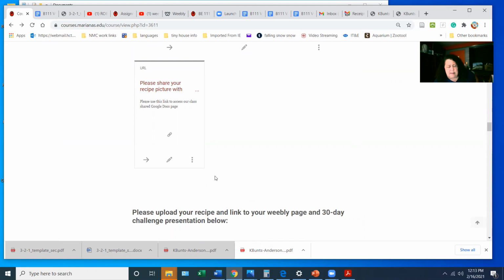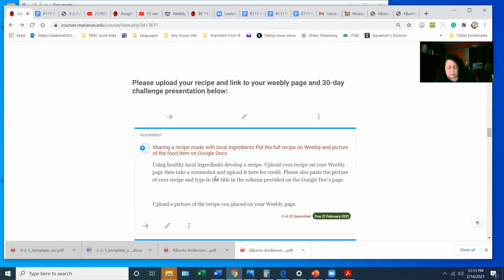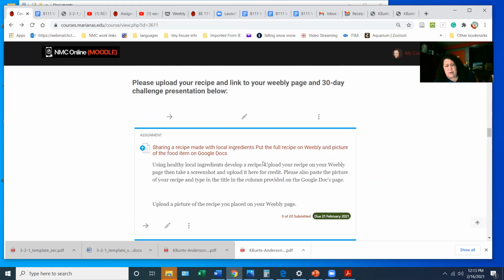Now we have another assignment, which is sharing a recipe. Now, your recipe should use as many healthy local ingredients as possible. So you will upload your recipe on Weebly, and then you'll take a screenshot of it or a snip, and you'll upload it here for credit. You also will paste a picture of your recipe on the Google Docs page like I just showed you. Okay, so if I went to Weebly here,